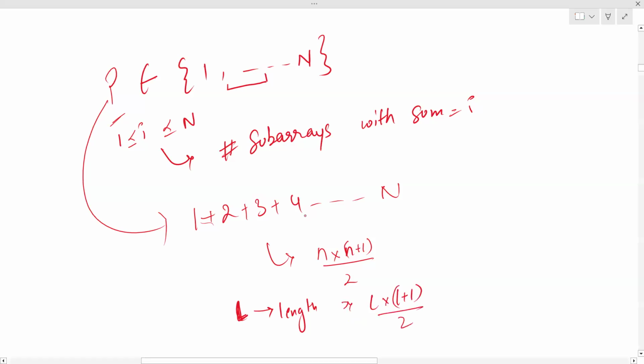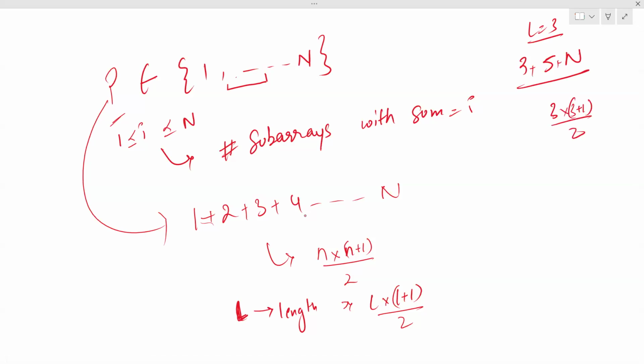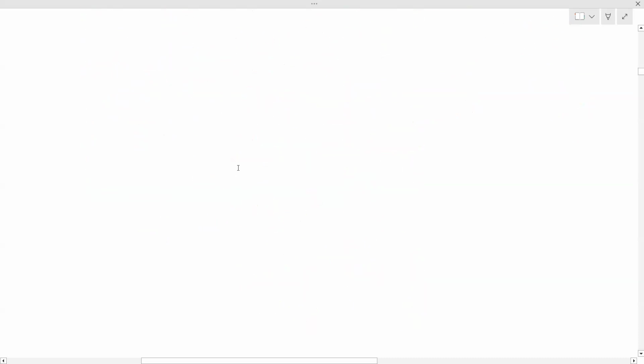It can be more than this also. Let's say the numbers in an array of length 3 were 3, 5, and so on, and L is 3, and n is let's say 100. So the sum of this is more than 3 into 3 plus 1 by 2. But you won't get less than 3 into 3 plus 1 by 2 for any subarray of this permutation of size 3. Why? Because the minimum sum that you'll get is if the elements 1, 2, 3 are together. So one thing is clear that this is the sum. So now, if an L length subarray has sum at least L into L plus 1 by 2,